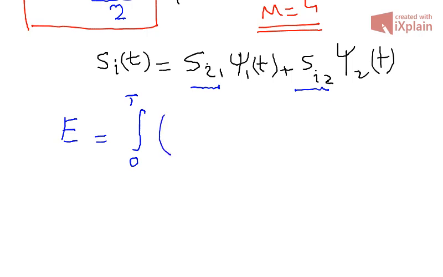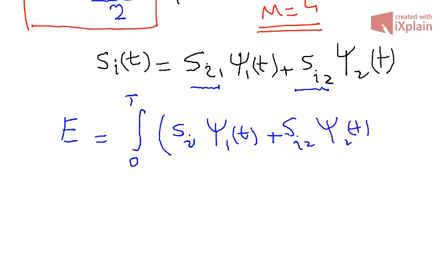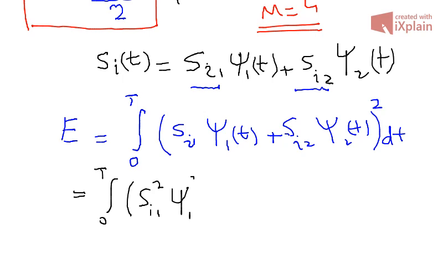So our signal is s_i1 psi1 of t plus s_i2 psi2 of t. We have to integrate this square. Now, if we integrate this square, you can just substitute the identity, it's just like a plus b whole square. So a squared plus b squared plus 2ab. So you can write this as s_i1 squared psi1 squared of t